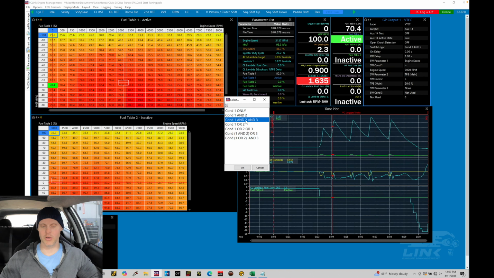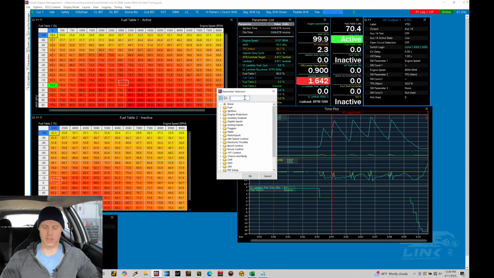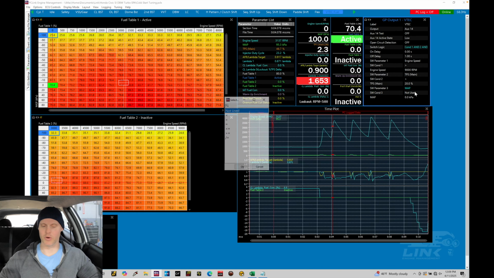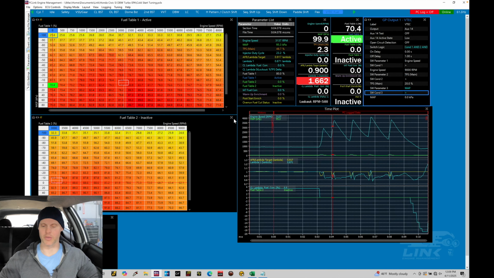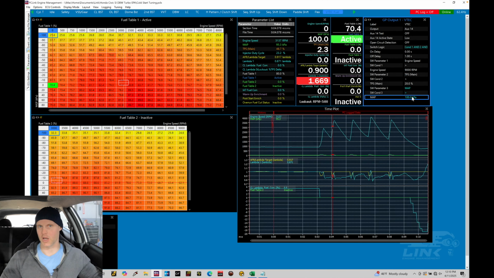with Link. I'm going to do 3 conditions, and let's go here to our switch parameter 3, and I'm just going to say map pressure, and that's coming from our map pressure sensor, and our condition is going to be greater than a value of 100 kPa. So we're not able to engage VTEC until we're essentially at higher throttle, higher load, and a reasonable engine speed